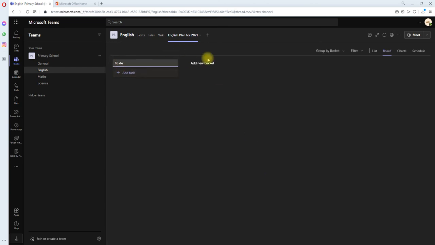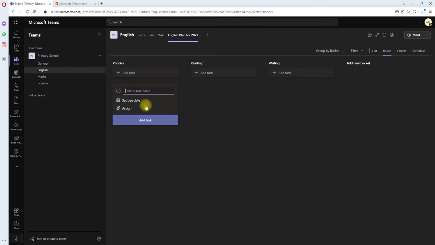You can change these to different subjects, maybe like phonics, reading, writing, exercise or whatever. These are all buckets, yeah. So you can create a task and assign it to someone based on each and every bucket. So this is fine. So similarly, let's create